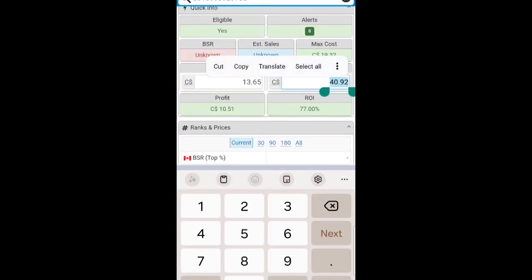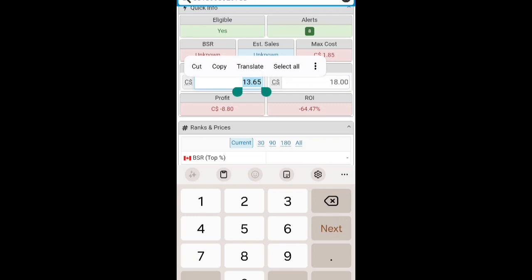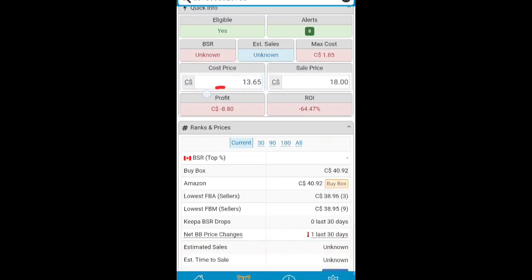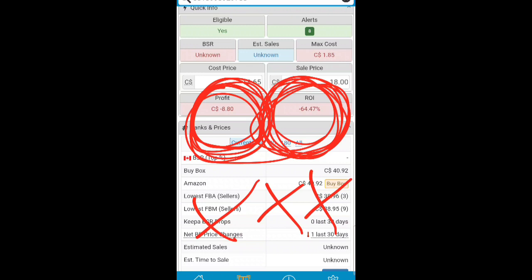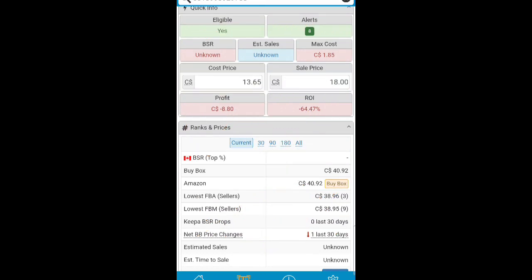Make sure you're checking your keeper graphs. If you're using Selleramp, check it, right? At $18, guys, look at this. We lose $8.80 on every single one that we buy. Negative ROI. Not what we like to see. And like, I'm showing you guys a little man I made. He's like the not what I like to see man, I guess. I don't know. But yeah, don't buy